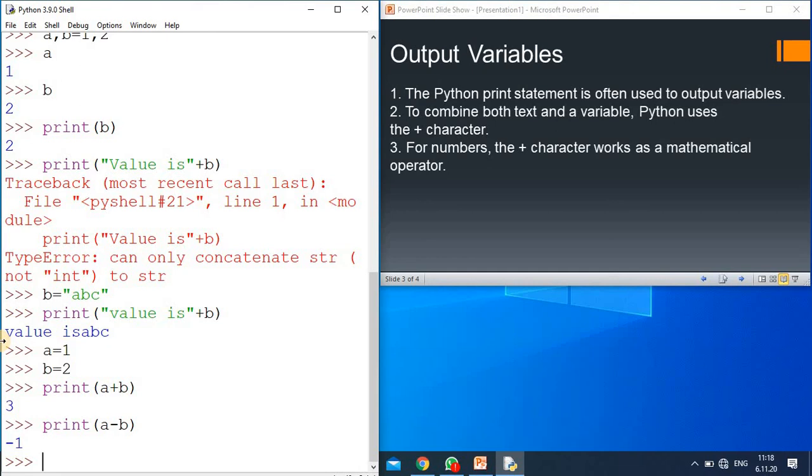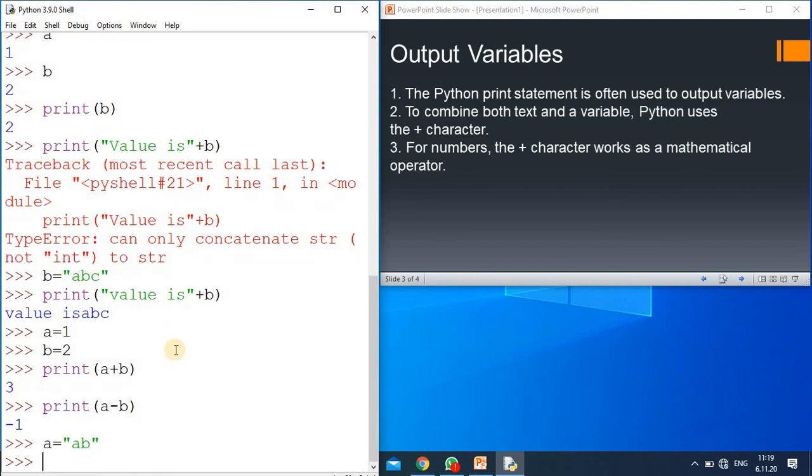As we were discussing about the plus, the plus operator will be used for the operation if the variables contain numbers, and it is also used for the addition of string values. Okay, suppose here in a we write in double quotes AB. So a has the string value and b equal to suppose CD.